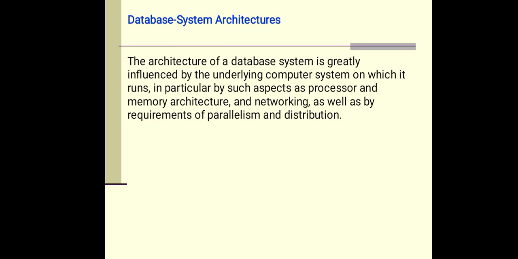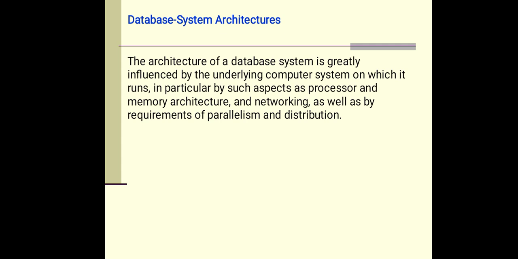Hello dear students, in this lecture we are going to see what are the different database system architectures that exist in real-life scenarios or in real software development. There are different types of architectures available when you develop software. The database may be distributed among different servers, or it may be a centralized repository, or it may be connected in parallel. So as per the requirement or the application, these database architectures are used.